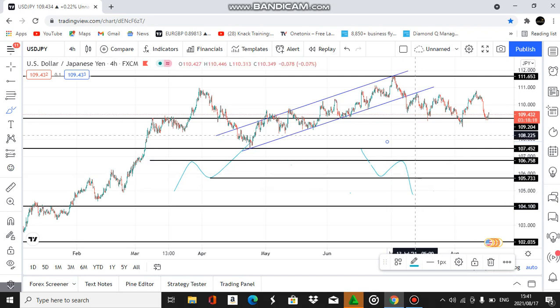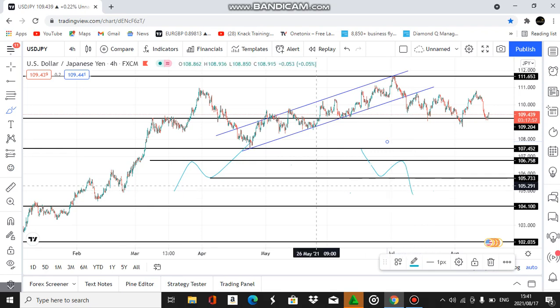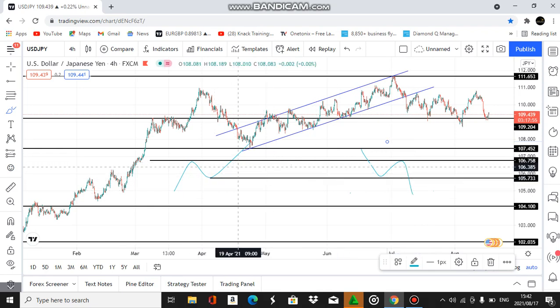Whenever the market is going up, the market is inhaling, and when it's going down, it is exhaling. Now you see the market here was exhaling, and now it was inhaling, and now again it's exhaling. It does that all the time. These are the two patterns that you must always keep in mind, because the market always